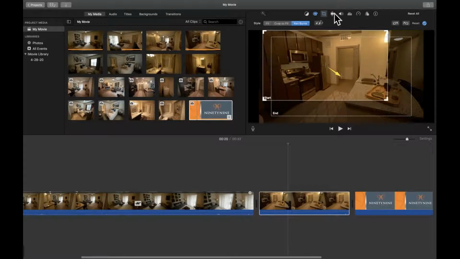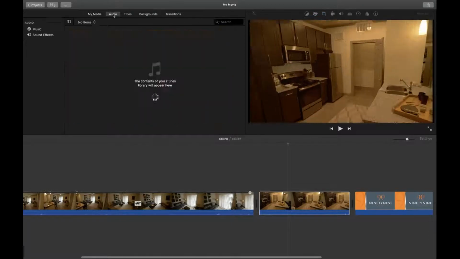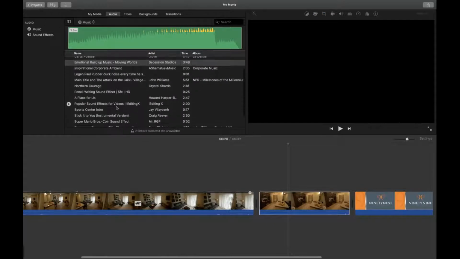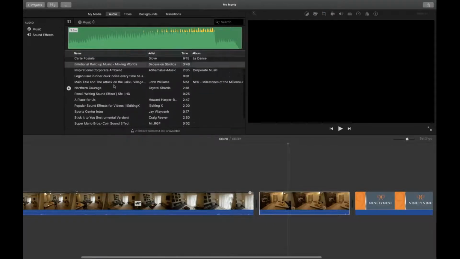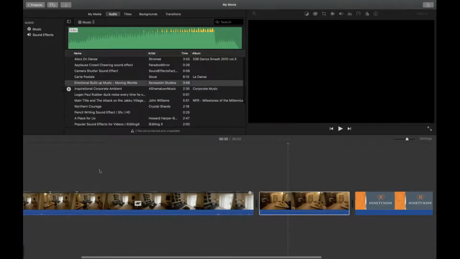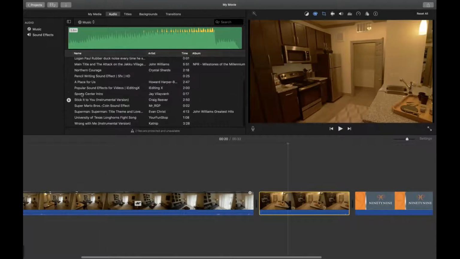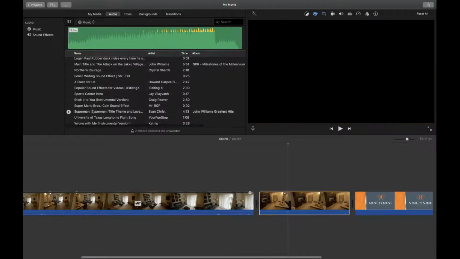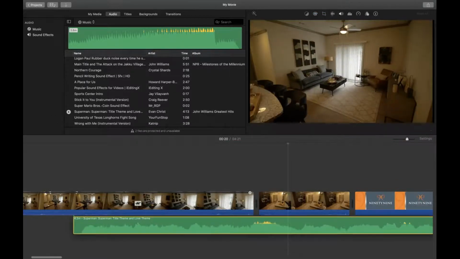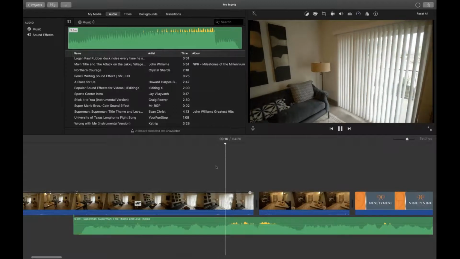And also, you want to import audio. So when you go ahead and import audio, you want to go up to the top left right here where it says audio. Click that, and then whatever music you have in your library that is not copyrighted, you can go ahead and drop that in. As you can see, I do have a lot of other stuff here that I can put in. I'm just gonna play something funny and put in the Superman theme song. Drop that in right there, and then once you play it,